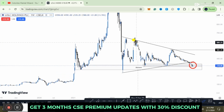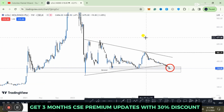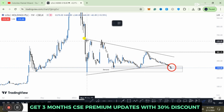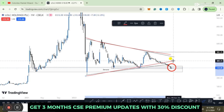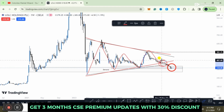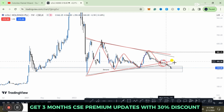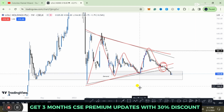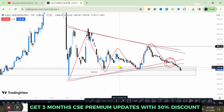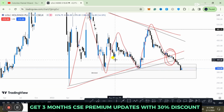So on the LOLC, it is very simple. This symmetrical triangle, if I highlight this, is playing an important role at the moment, since we have this price played inside, and right here we see a bearish breakout, right? So here I have highlighted this current market price. As long as the current market price is holding up an important demand zone, which is on both daily and